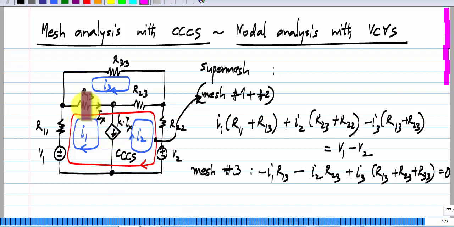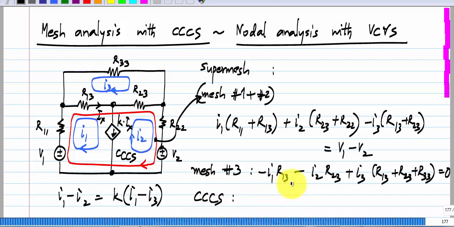Now the current controlled current source itself introduces another constraint. We know that the current in this minus the current in that equals this current. So by combining I1 and I2 in this branch, we know that this current k times Ix is I1 minus I2. So I1 minus I2 is k times Ix, and Ix itself is the current through this branch R13, so it is k times I1 minus I3. If I take all the unknowns on the left side, I will get the equation for the current controlled current source, which is that